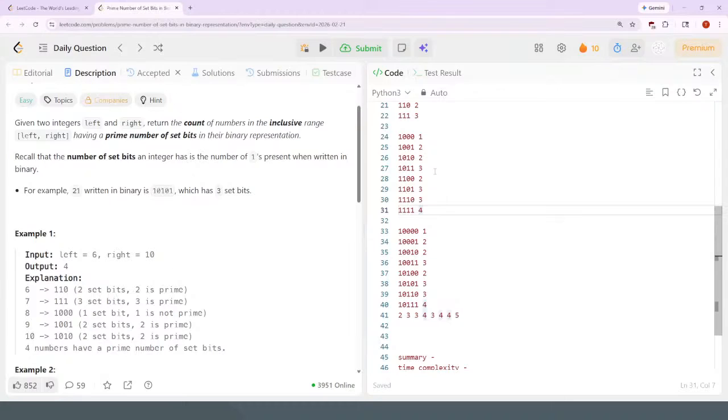So 1 is not prime, right? One set bit being on. One set bit is not prime. And 1 occurs at every power of 2. 1 occurs at every power of 2. So, and then the stuff that is